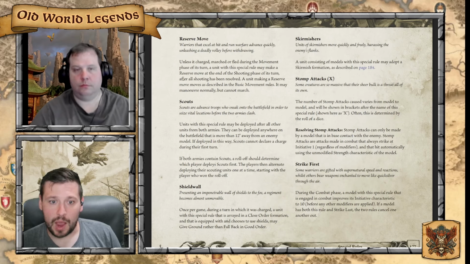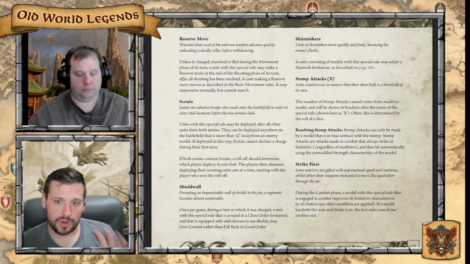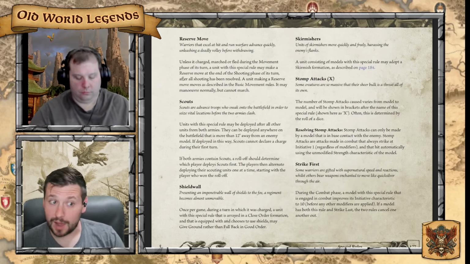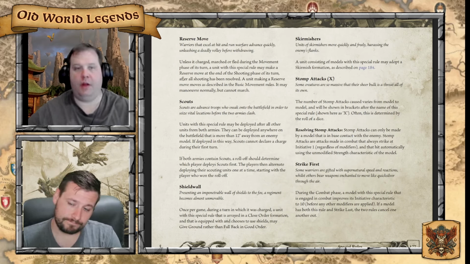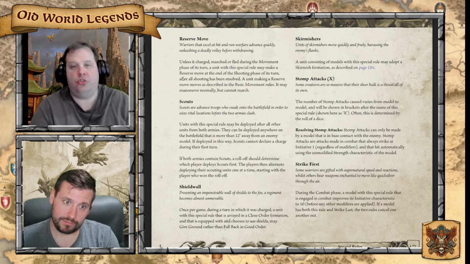You can reserve move out of dispel range, cast all the spells I want, and then reserve move back in range, so then I can stop you when it's your turn because you don't get to have fun. But effectively, because it doesn't allow you to charge further or march further, because those don't stack,